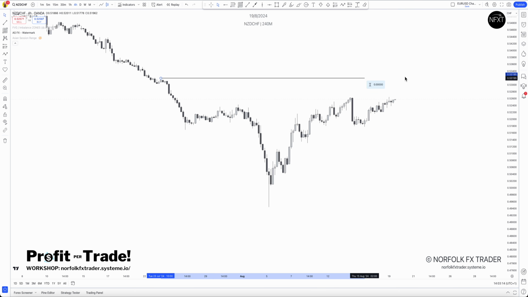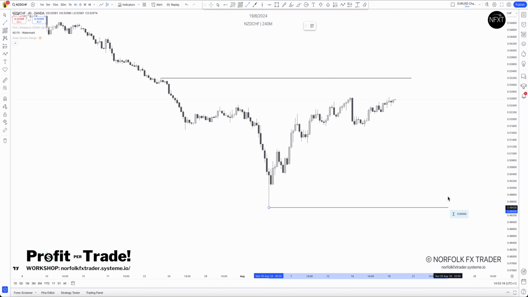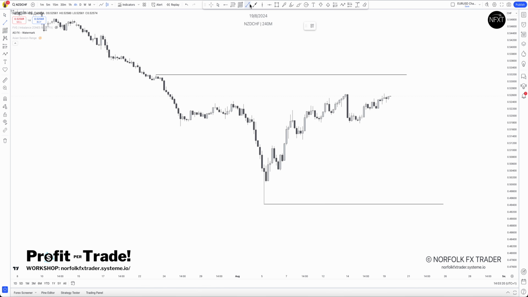That's going to be over here. Our low of the range is down here. And we've been bullish, okay, pushing up towards the high. So we have a break of structure, okay, another break of structure. Now it does mean we did have a shift bearish, and we can actually draw an